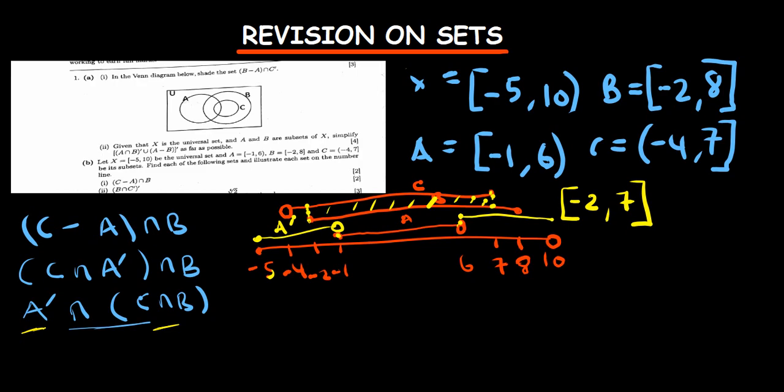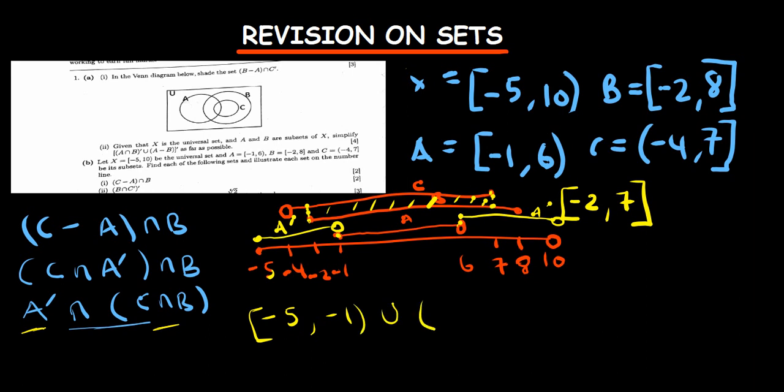At 10 it will be open, since 10 is not in the universal set. So this is the other part of A complement. So A complement, as you can see from this side, is -5 closed, then -1 open, union